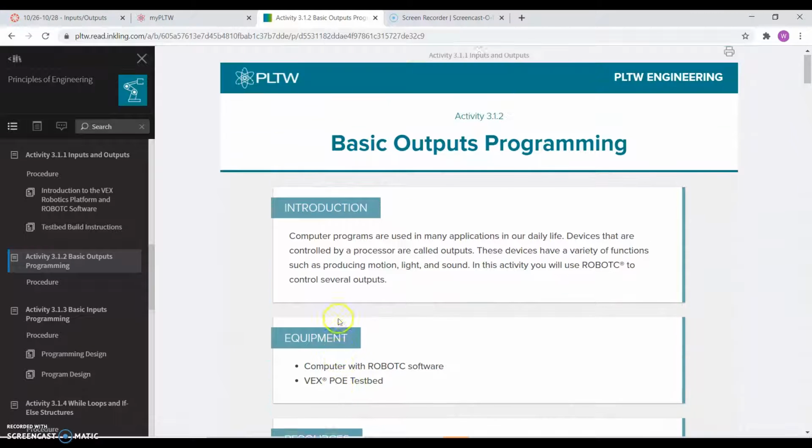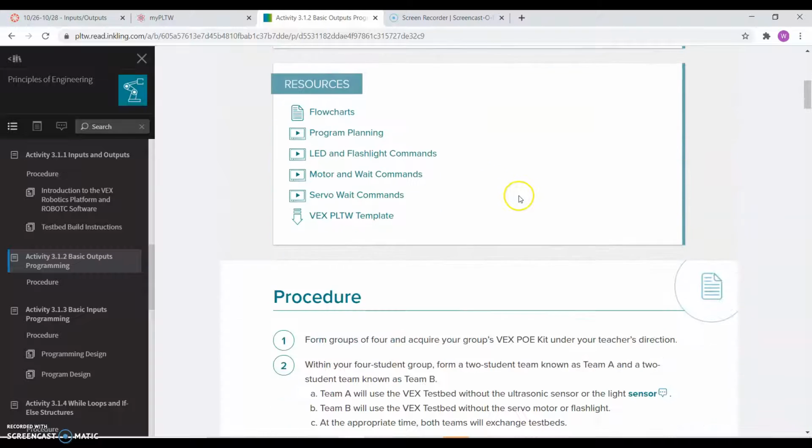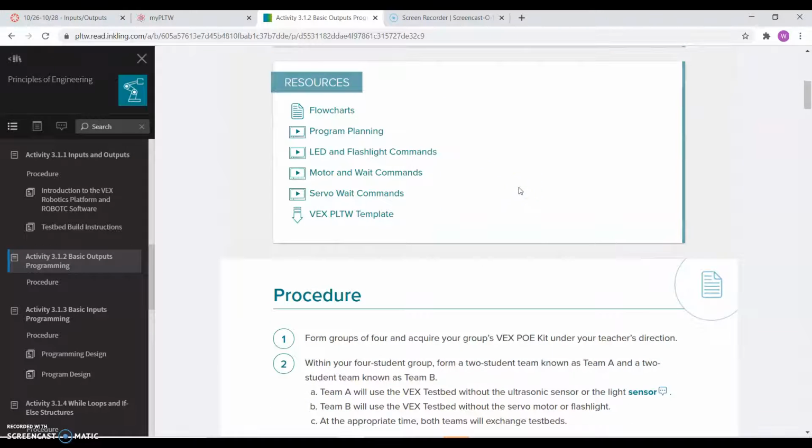So what we're going to do today is work on activity 3.1.2, basic outputs programming. Once again, you will start from Canvas and you will come to this link. By the time you're watching this video, you've already looked in Canvas. All right, what you're going to do is work together in a group,